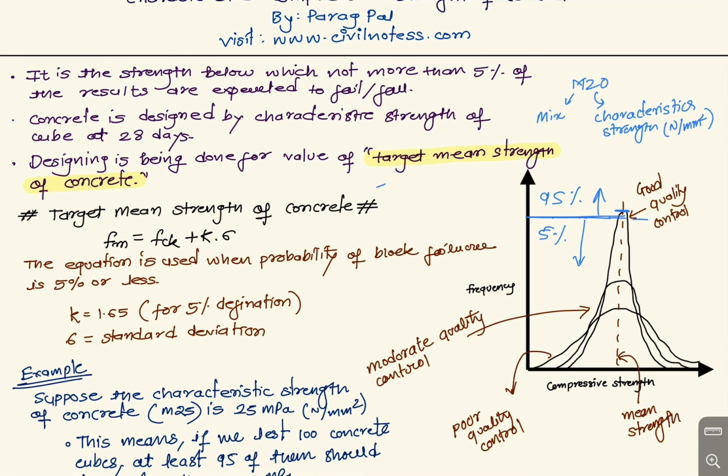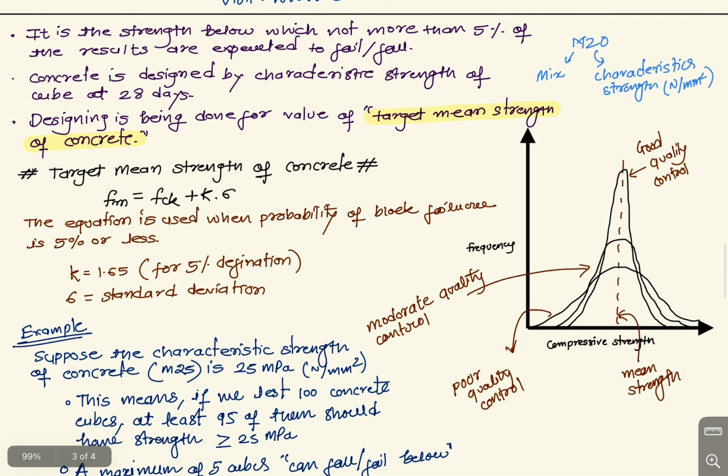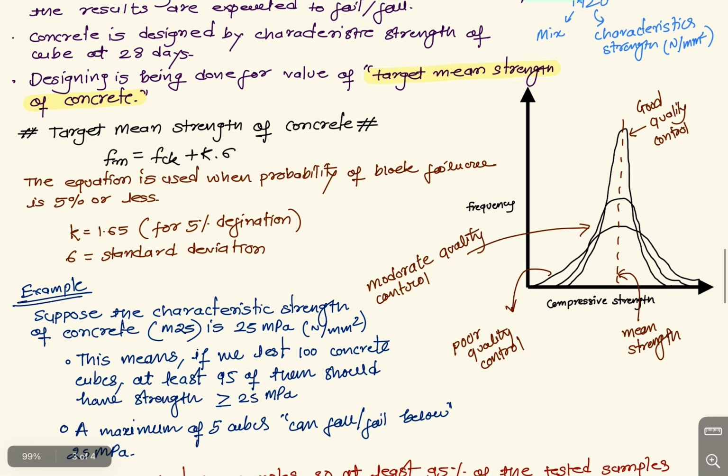Okay, so this is a very easy concept, but I made it so easy for you so you can easily understand. Now, to calculate this whole functionality, we have one concept called target mean strength of concrete. You can calculate this using the target mean strength, which is given by a formula called Fm equals Fck plus K into sigma, where Fm